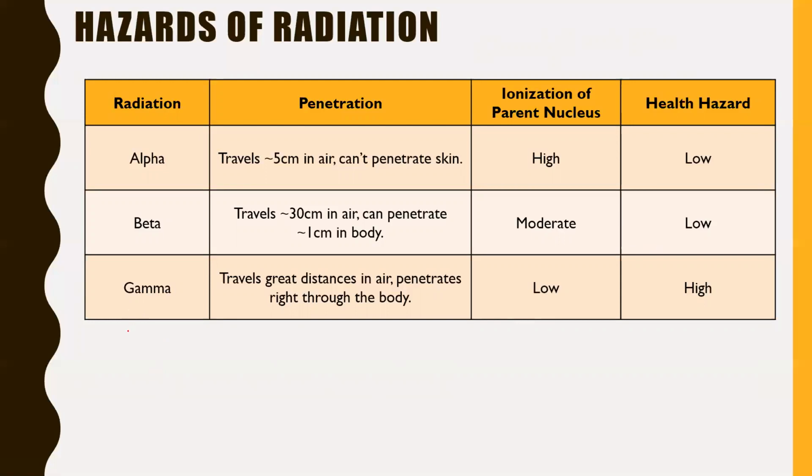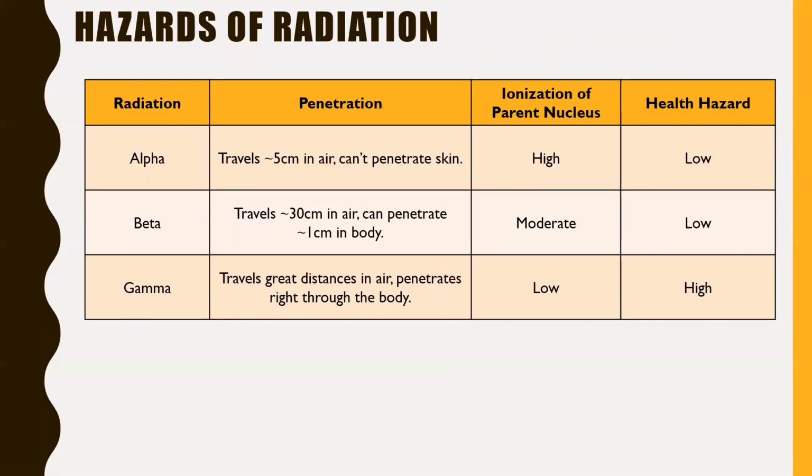Gamma radiation, however, this is the scary one. It travels great distances in air. And of course, because it's emitting a gamma ray, it's traveling at the speed of light. Gamma rays will go right through your body. They're even more effective than X-rays, of course. That's why X-rays are used in doctor's offices. You get one little burst of an X-ray. Those X-rays travel right through your body. A screen picks it up, and that's how you can see your bones and stuff, because your bones